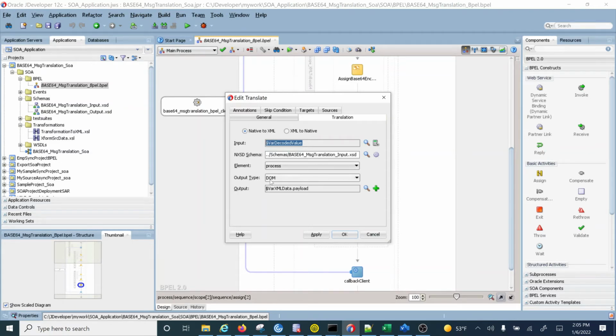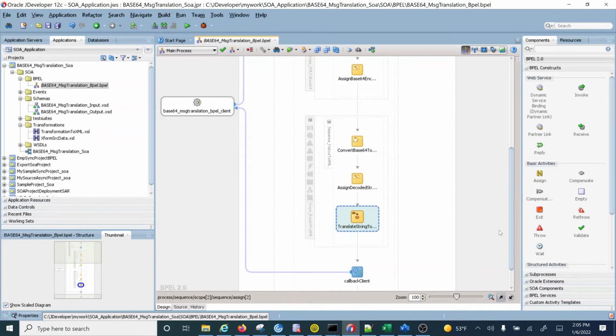In output type you should select the DOM, because we are going to convert the data from a string to the XML format. So friends, like this we can achieve this particular requirement where we are receiving the data in the base64 format and need to convert it into the XML format.